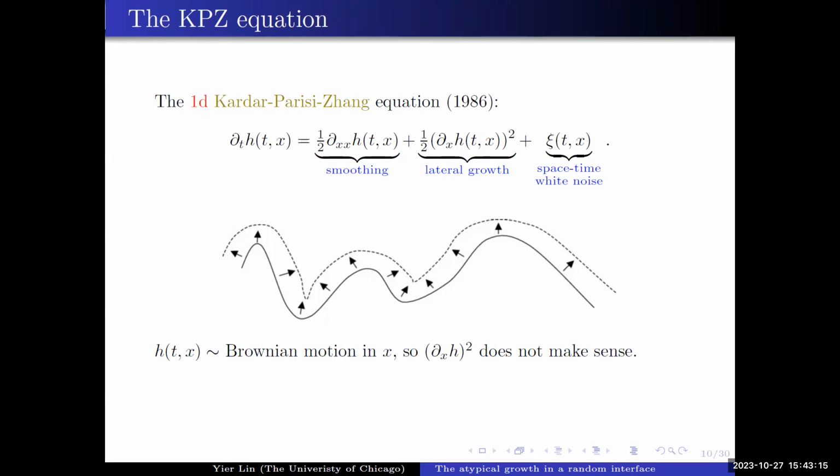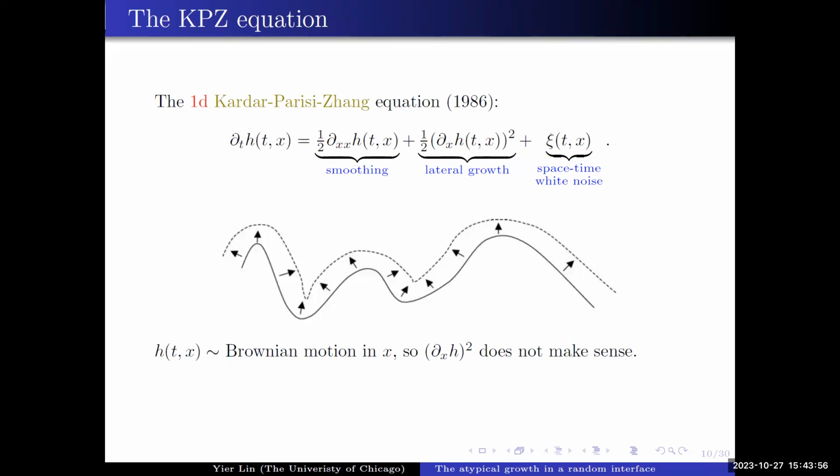And because we have some randomness, and the randomness should be everywhere in my space-time domain, it makes sense to add some noise term. And the noise here is called the space-time white noise. But how you understand it, it's not something that is pointwise well-defined. It's a Gaussian field, and the correlation function is given by the Dirac delta function. You can think of it as you put IID random variables on the lattice, and then you zoom out, and then things become noise. That's what I mean by the space-time white noise.